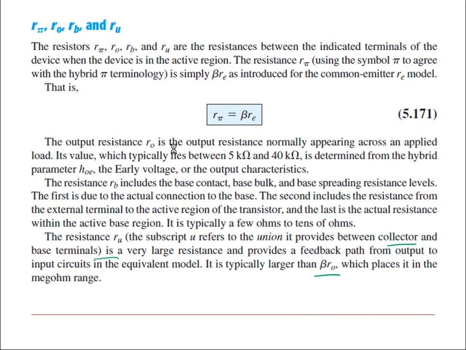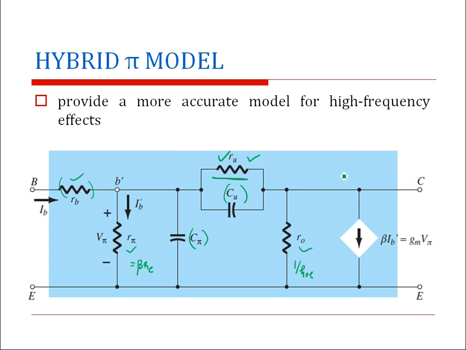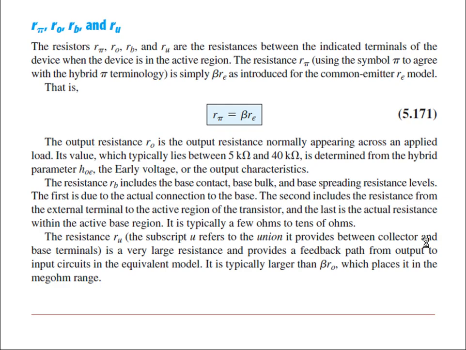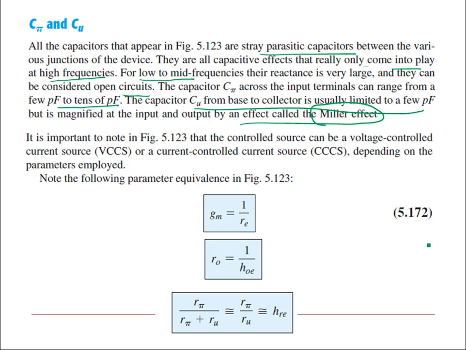Now one more difference you see here is the current source is represented in terms of GM V pi. It is represented in terms of voltage here. GM is nothing but the transconductance, and V pi is a voltage across R pi. So instead of considering it as a current controlled current source, we are considering it as a voltage controlled current source in this equivalent model. So what are the equivalents here with respect to our RE or hybrid H parameter model?